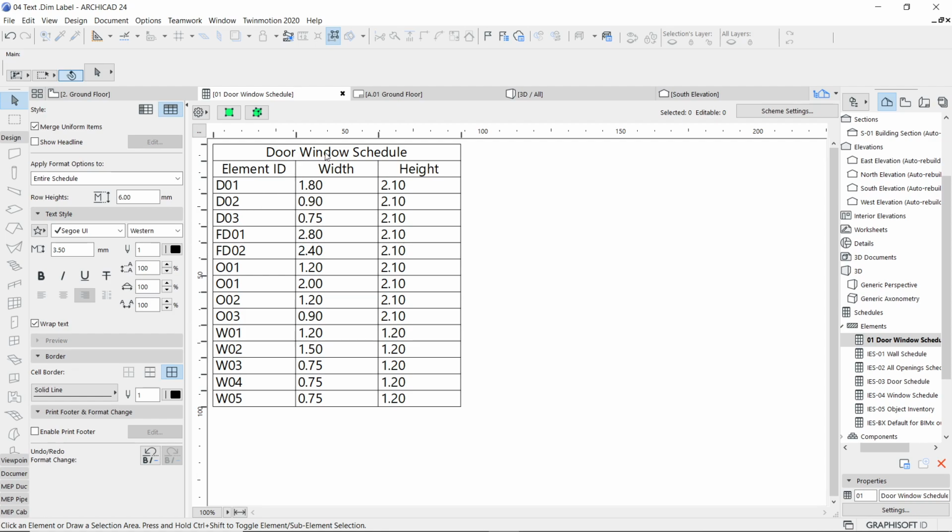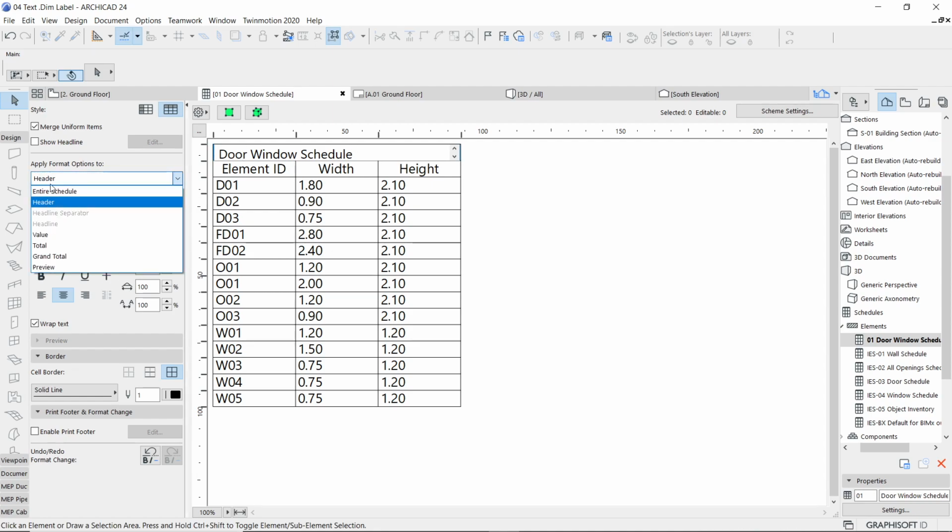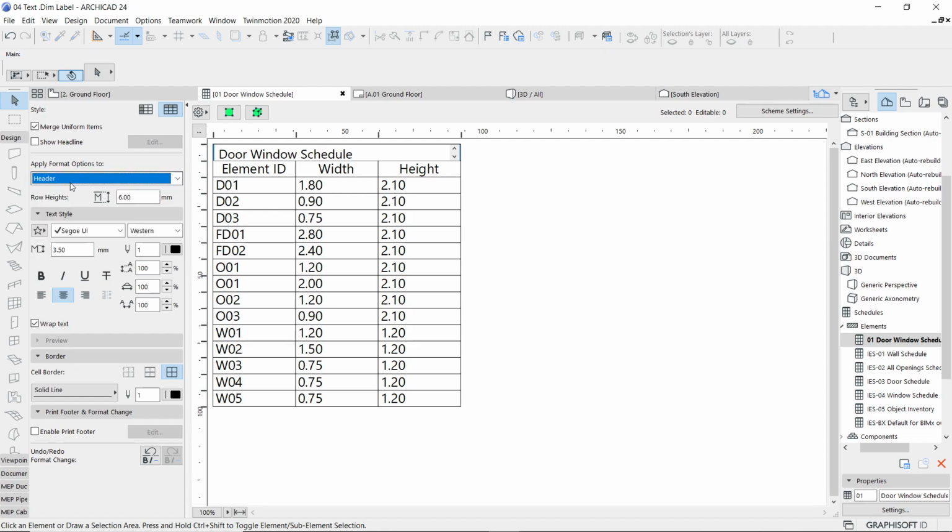For example, now this door window schedule title, you would like to write it in a better, bolder manner. So I can just click on this particular title, and here it asks whether it's a header or something else, so you can decide this. It's just like using your Excel sheet. And then you can decide what the row height and the text height should be, whether it should be bold, underline, italic. If you didn't like the Element ID wording, or you don't want a 3.5 text height over here, instead let's try to place this entire thing at 2 mm or 2.5 mm.